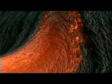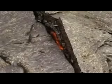At the heart of these super eruptions is thought to be a mantle plume, an upwelling of molten rock rising from deep within